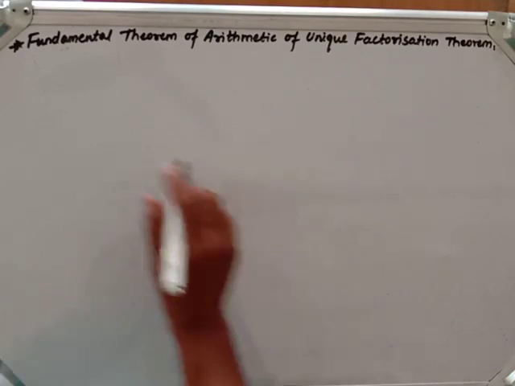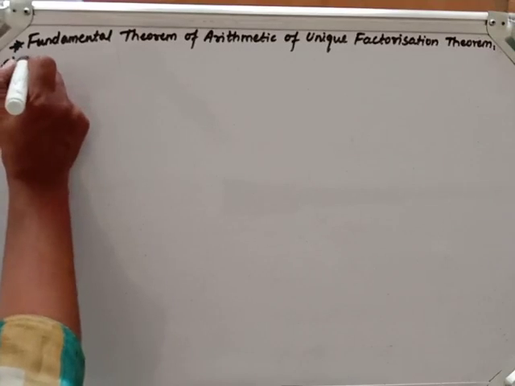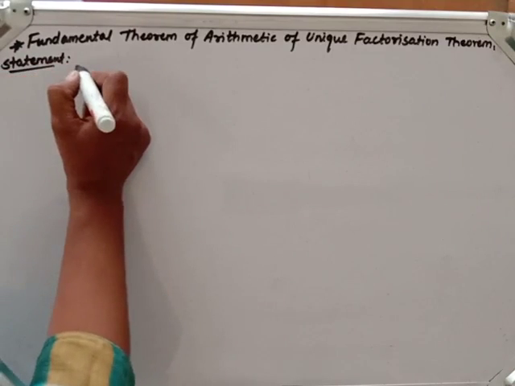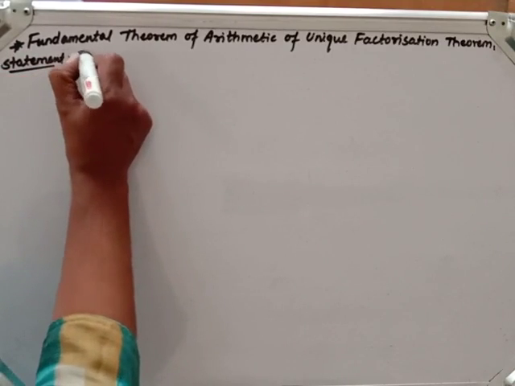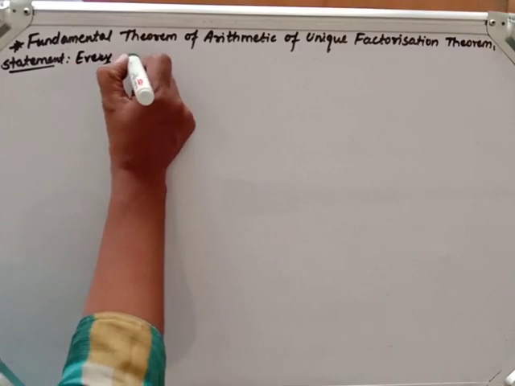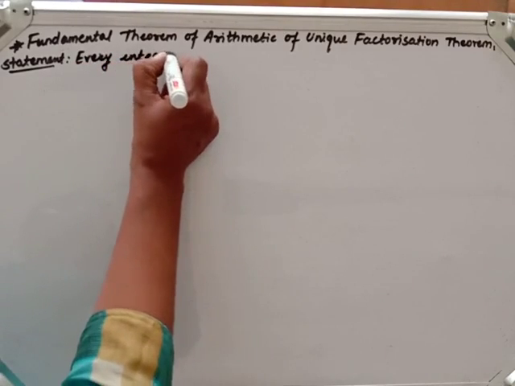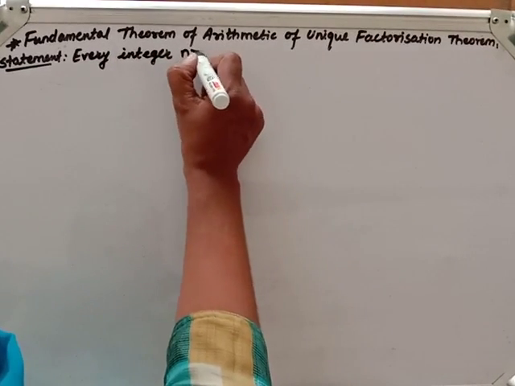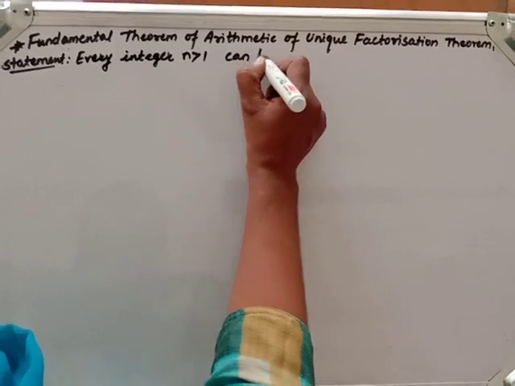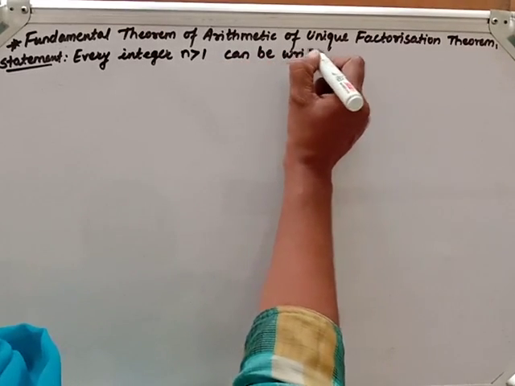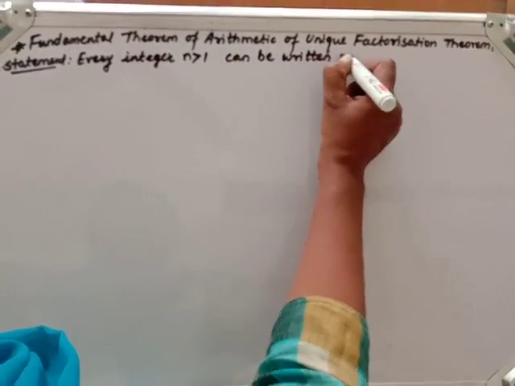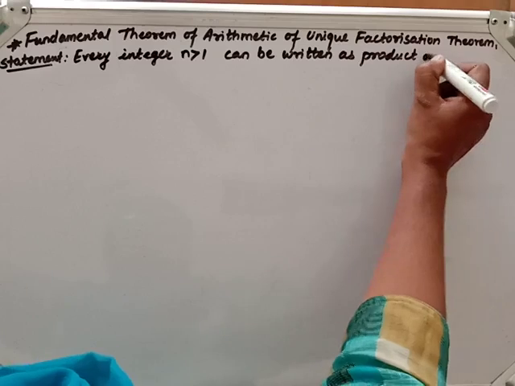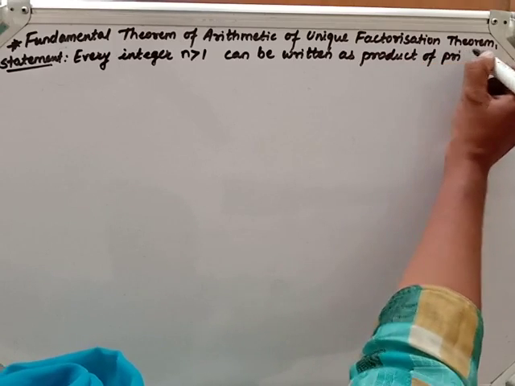That one we have to start. So the statement of this theorem says every integer n greater than 1 can be written as a product of prime factors